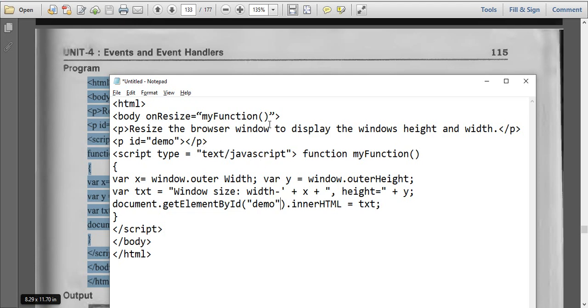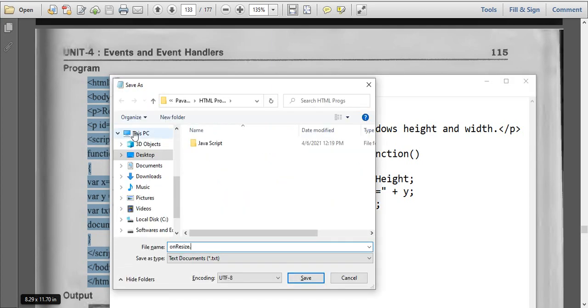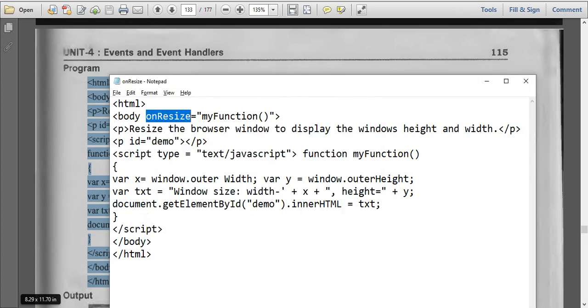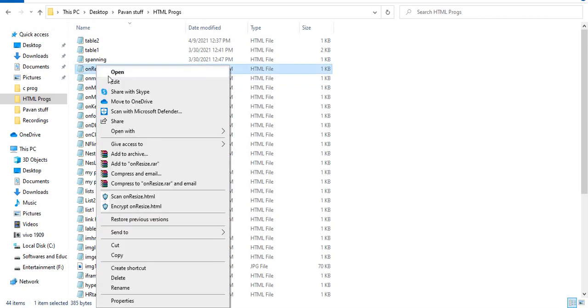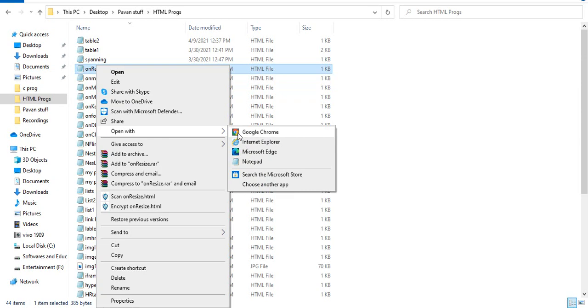Anywhere we have to change, yes, this one should be in double quotes. So we have on resize: Control C, save as onresize.html, save, go to that folder, and try to execute it, open with a browser. Resize the browser window to display the settings.